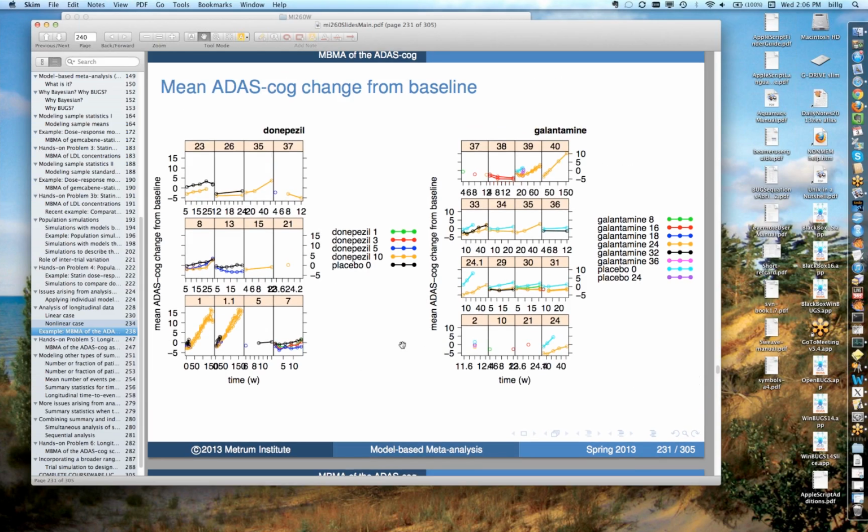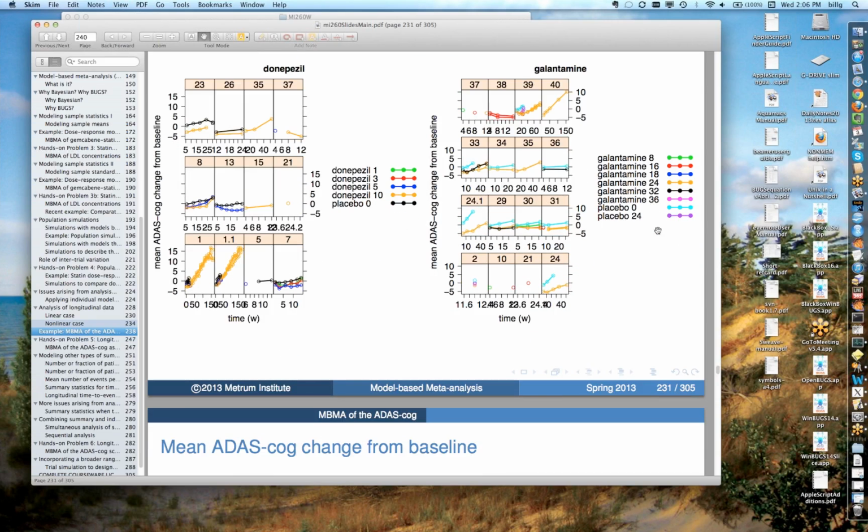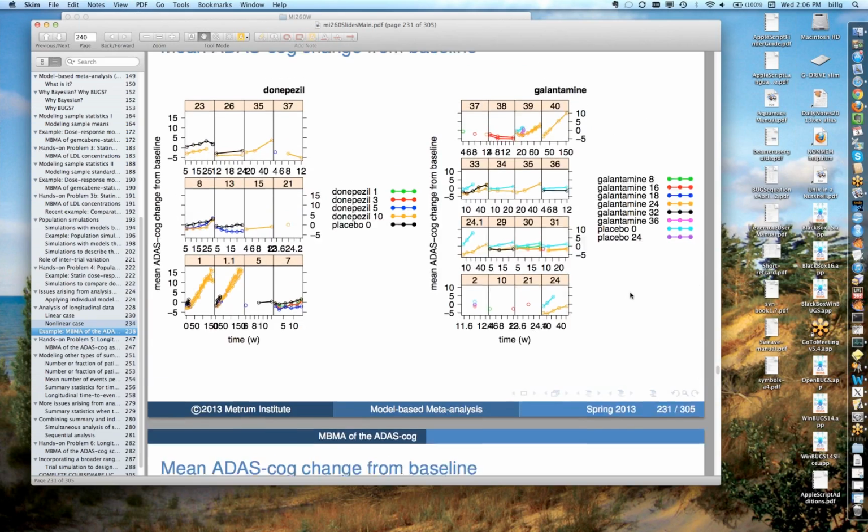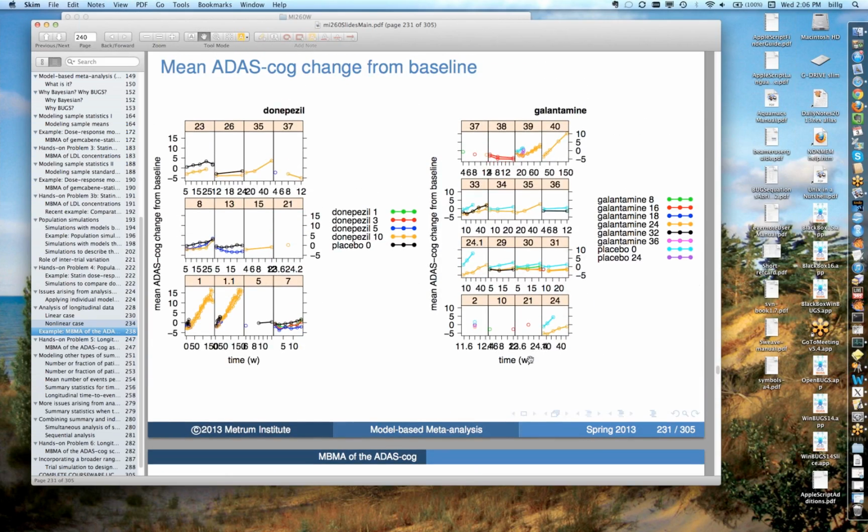So we'll do this with the perspective that donepezil 10 milligrams per day is the standard of care, and imagine we might be developing a new compound that might look like, say, galantamine or rivastigmine,